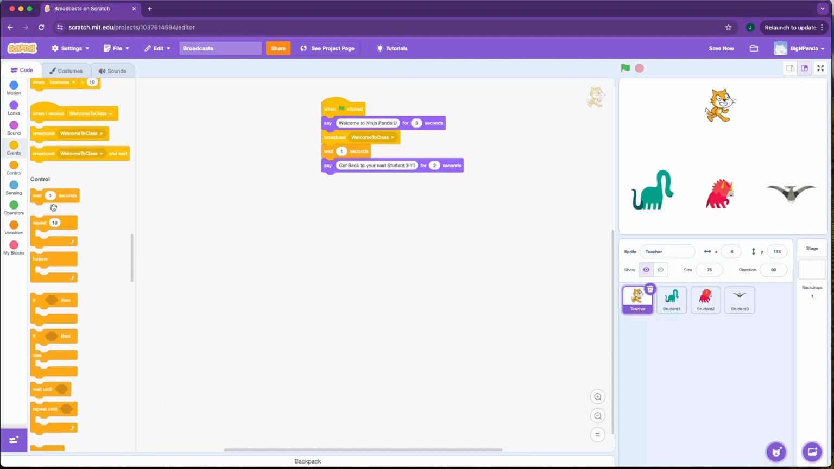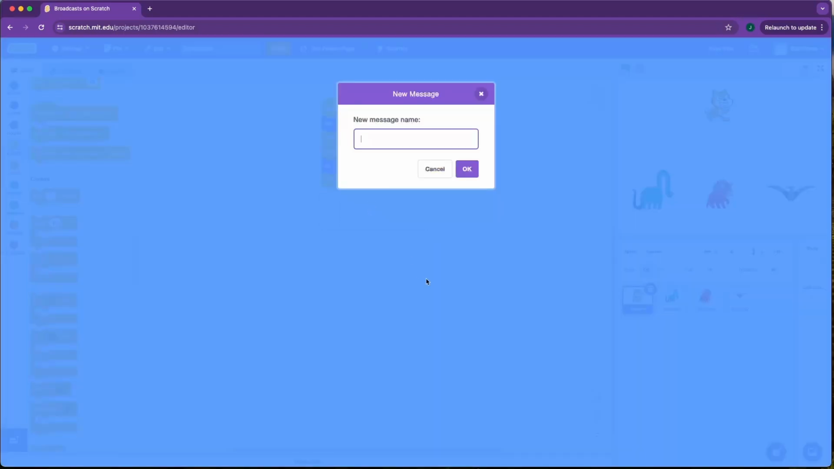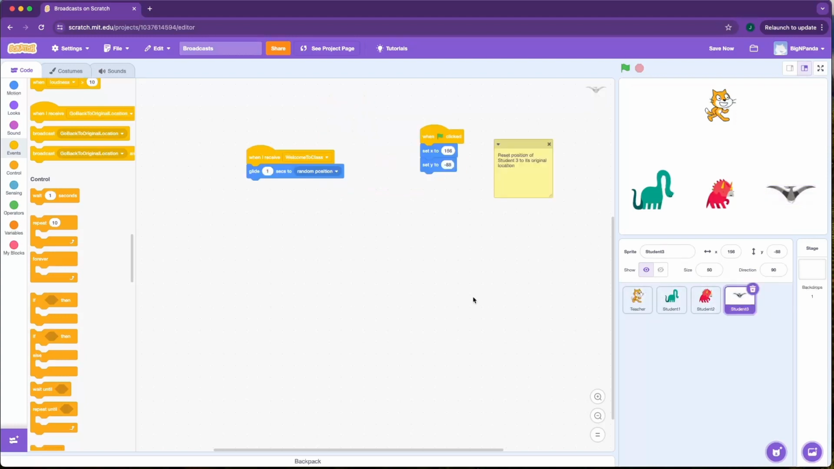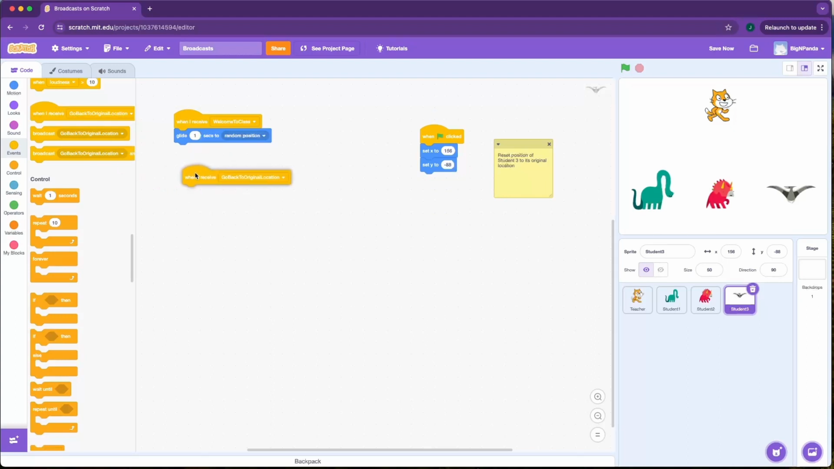So let's go back here, and we're going to do this. For our broadcast, we'll click welcome to class again. Whoops, there we go. And we're going to add a new message. So we'll click on new message, and this name is going to be go back to original location. For this one, we know it only applies to student 3. So student 3 is going to, if I grab this welcome, do this. But now I can also listen to a brand new one, go back to original location. And when I do that, I can